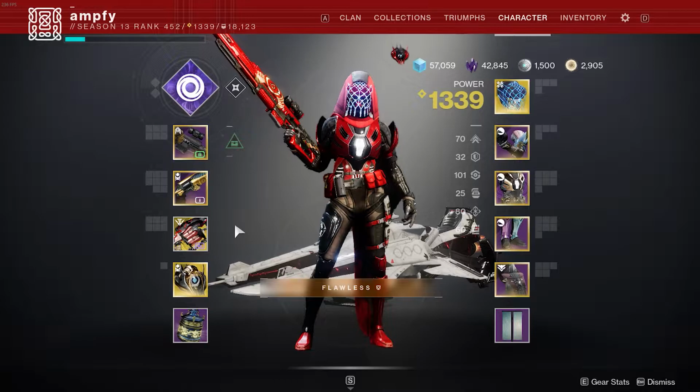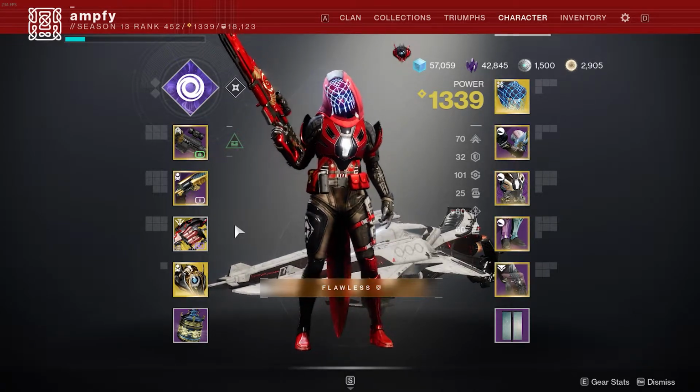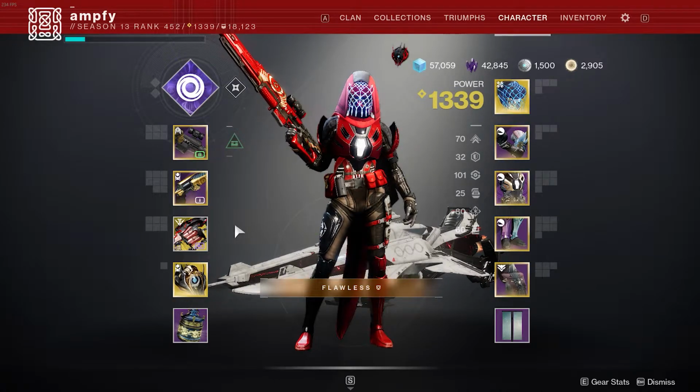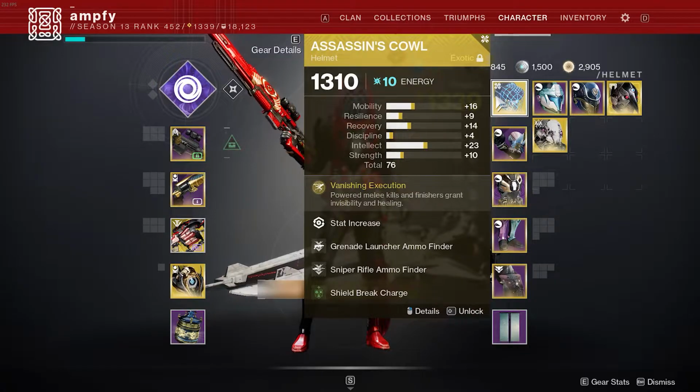My Charged with Light builds are very similar between my Hunter, Warlock, and Titan for PvE and PvP, but here's the build I typically use when running Grandmasters. On my helmet, I usually don't have a ton of extra energy slots to dedicate because of the ammo finders I am using, but Shield Break Charge is great because it only takes 1 energy and it helps me become